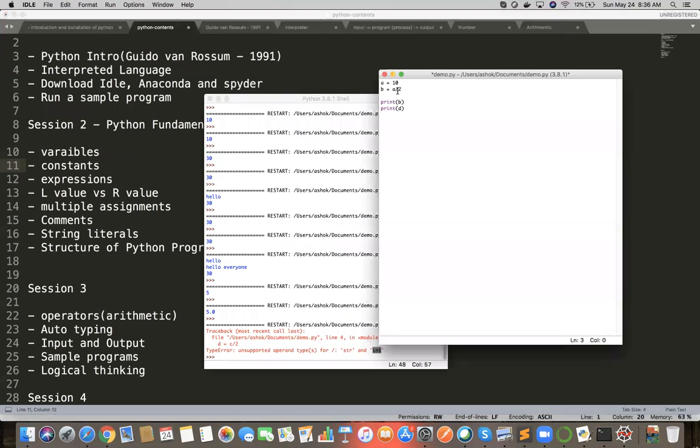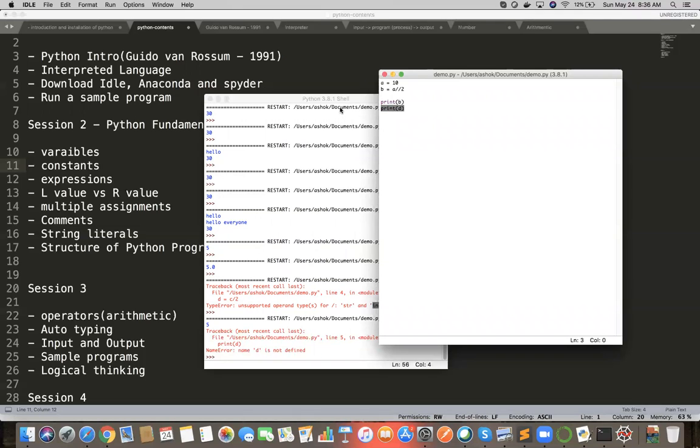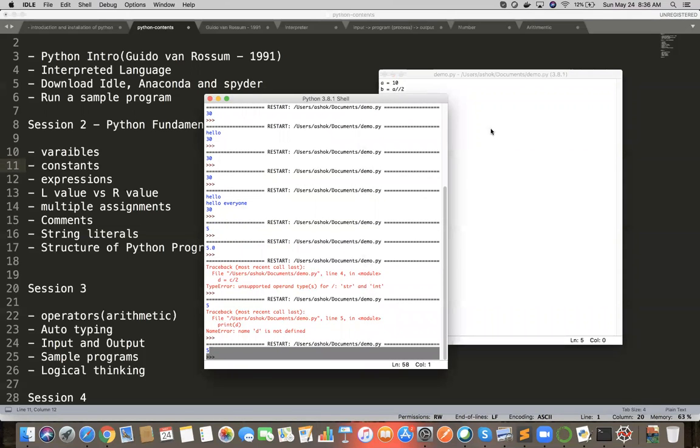Going back to this, I want to show the same program. It's quite easy: plus, minus, star. All these things are good, right? Now if you want to get it not as 5.0 but as 5, you do this. This is integer division, right? It takes the floor. Floor means if any decimal value is there, it only takes the floor. You're going to get an error here because d is not there. We need to remove d, run again. So you'll see 5, it's not 5.0 anymore.